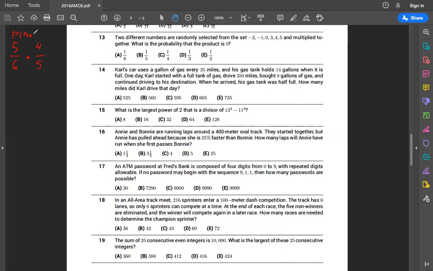So remember, this is the probability that the product is not 0. And this is equal to 4/6. We can cancel the 5s, which is also the same as 2/3. And the probability that the product is 0 would just be 1 minus this probability, because 1 is the probability that the product is 0 or not 0,